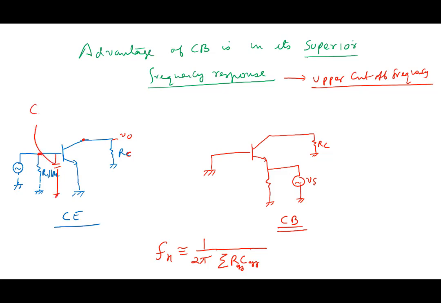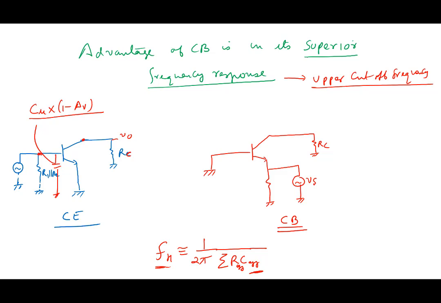A capacitor appears here, C mu multiplied by 1 minus AV, the gain of the amplifier. So C mu could be 1 pF. If you're building a gain of 100, it appears as a 100 pF capacitor. And if the capacitor becomes large, note that the frequency becomes small. With a large capacitor at the input or output or wherever, you have to charge and discharge the capacitance,